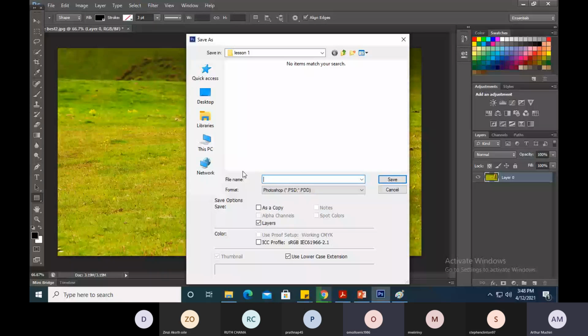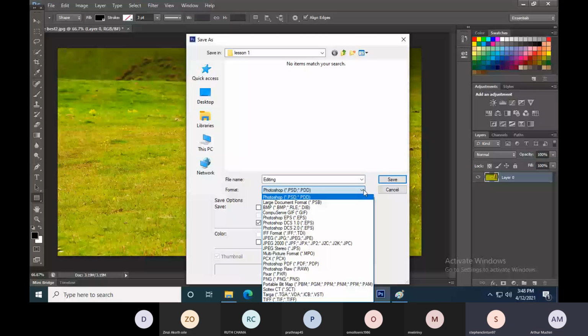And then the format, you can see our format currently. If I click on this drop down menu, you'll see the different formats that are available in Photoshop. You have Photoshop PSD. So when you save your image in this format, every time somebody tries to open, they must have Photoshop installed in their machine. Okay, we have all these ones: the GIF,